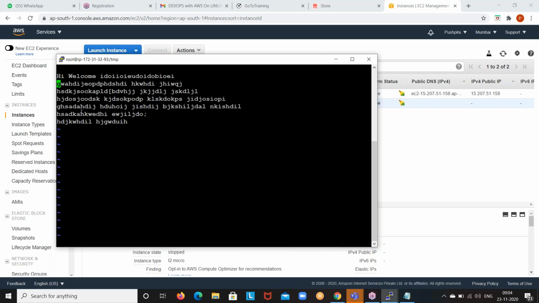Type 3GG. See guys, I want to go to the 10th line. I want to go to the 7th line. 7GG. Shortcut again. I no need to move my cursor manually. Simply use the shortcut. Somewhere I want to go to some line and delete a line to modify something. I don't want that line. Say the first line is empty now. How to go to the first line? GG is the command. Type GG.